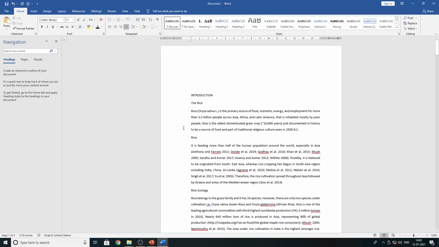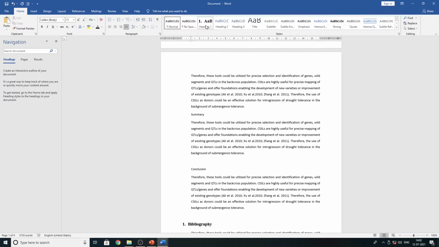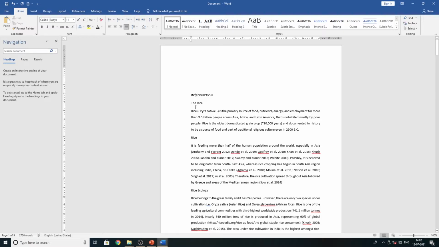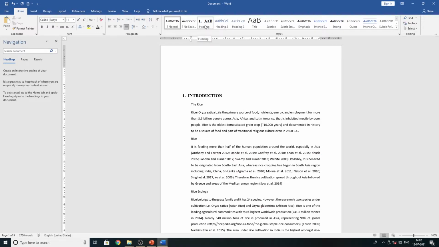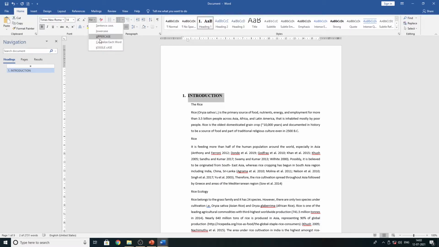Okay, all set in this document as normal. So I'm going to add headings and subheadings manually. First, I'm going to do heading first. This is the intro, click on Introduction. I'm going to add one heading. Okay, but this is uppercase, that is no issue. I'm going to change that one. I'm going to keep it as capitalize each word. So Introduction first one, and we are keeping the font bold.